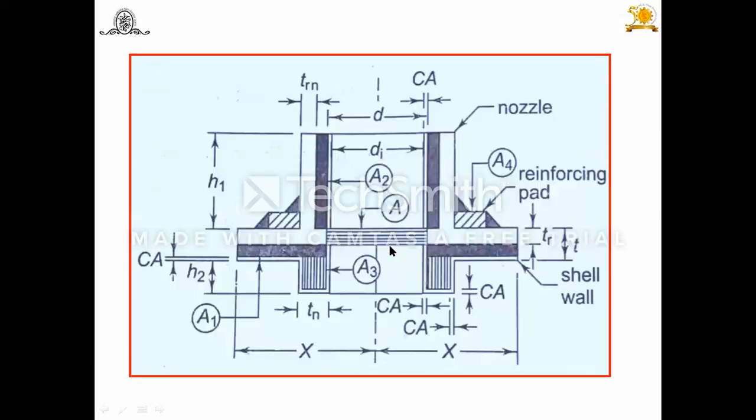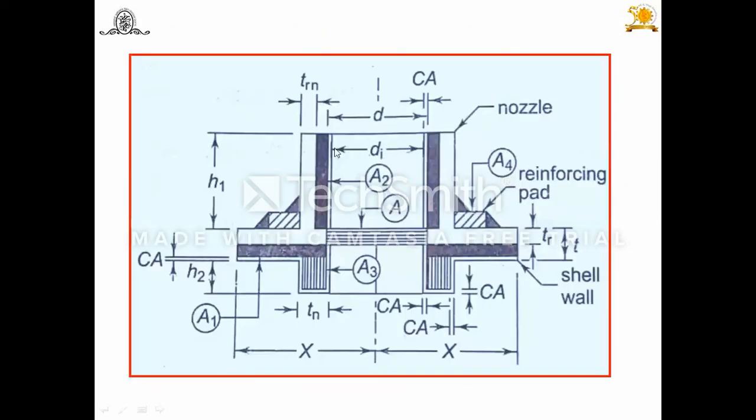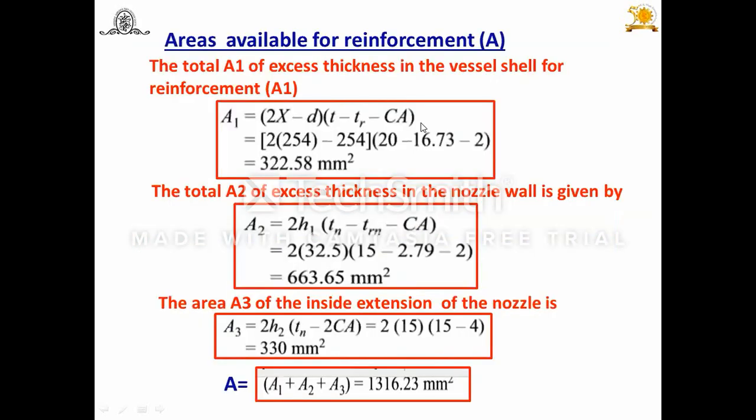So what we have to do? That means we have calculated all the values of T, Tr, Trn, H1, H2, X. Now let us find out the area. Again, area means we are compensating with A1, then A2, and then A3, the projected part. I have already explained this expression. By substituting the values, you will get this area. But you will find here, this total area